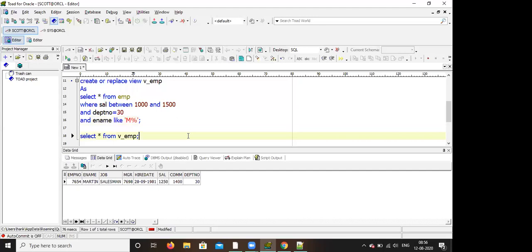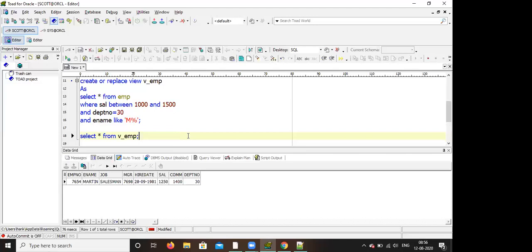What will happen internally? Internally, it will run the same query. It has not created any physical table. It will run select star from EMP where salary between this and department 30 and ename like M percentage. But instead of writing the whole thing, you can create the view.